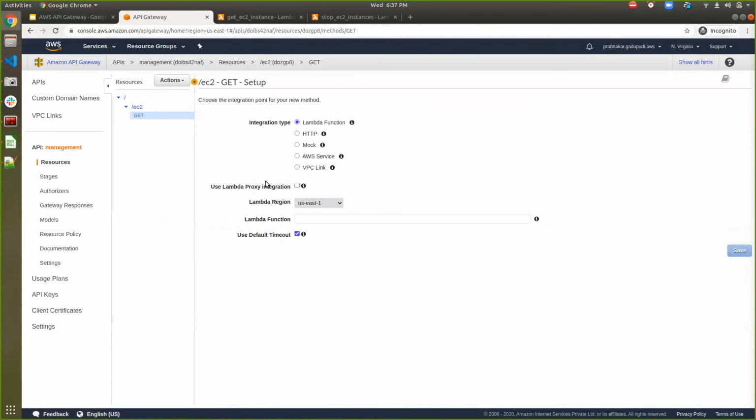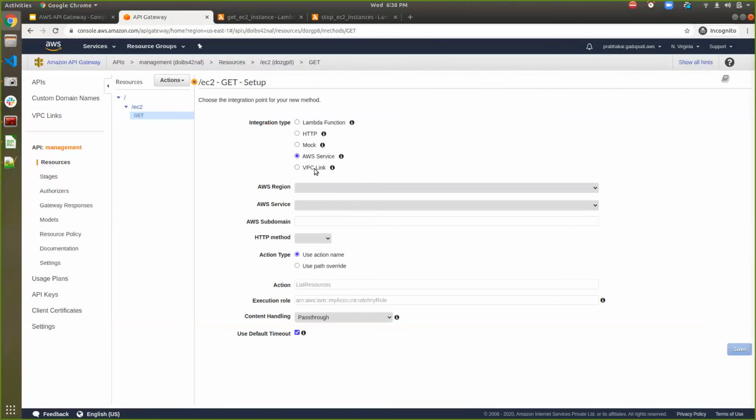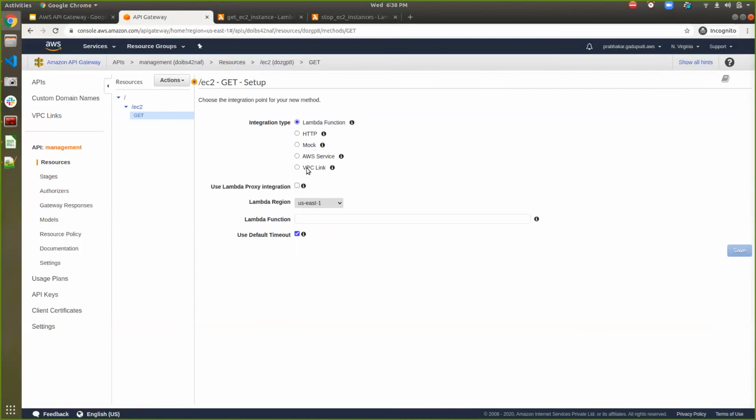After successfully submitting that, you can choose the integration type, whether you want to integrate your API with HTTP, so that I can specify the endpoints accordingly, and so that I can also do the Route 53 entries and specify a custom domain, or for mocking purposes, an AWS service, VPC link, or Lambda integration. So I'm using Lambda integration here, and make sure that your Lambda function and your API Gateway are within the same region.